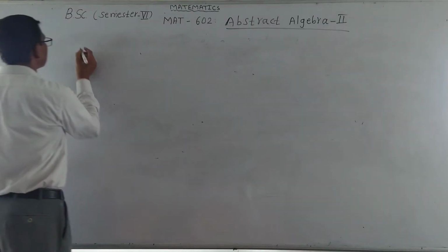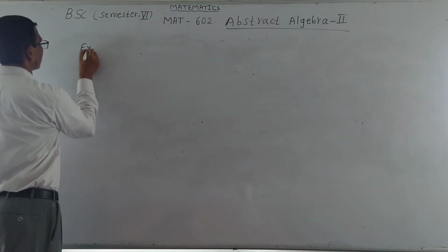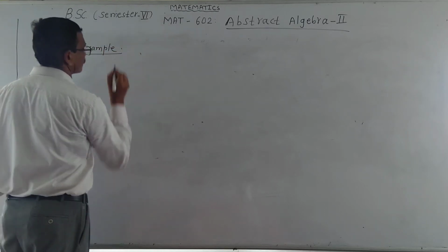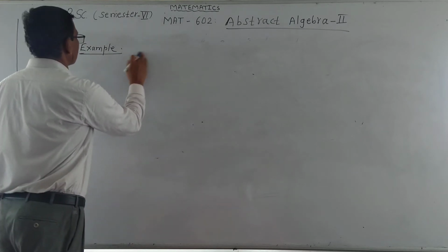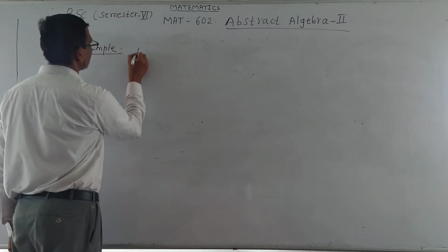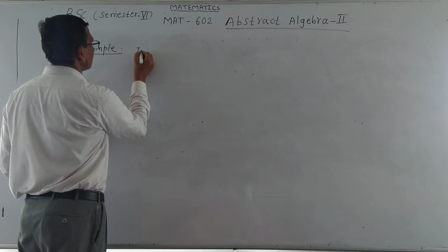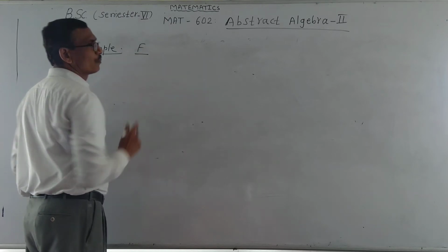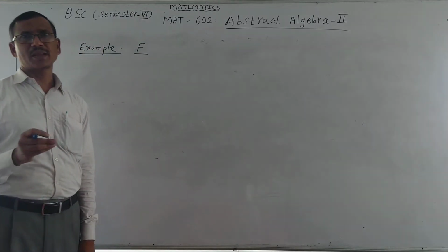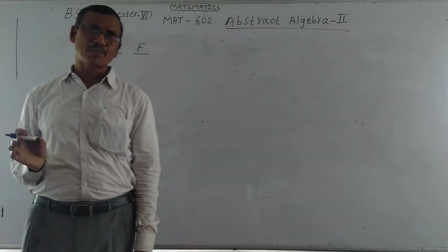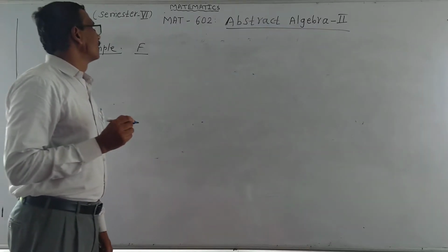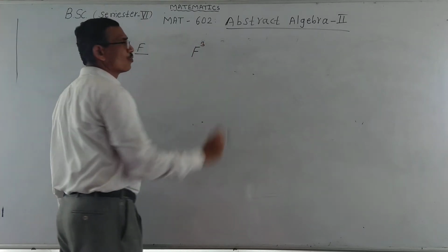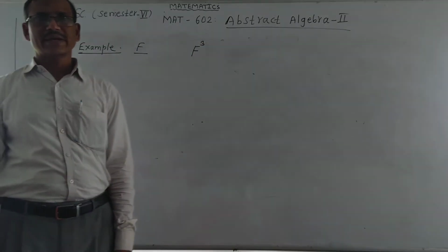As an example, here we shall consider F is a field of real numbers, that means elements of F are real numbers, and we shall consider vector space F3, three-dimensional vector space,